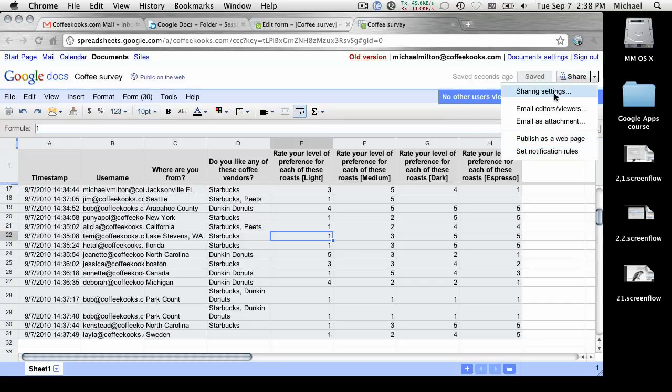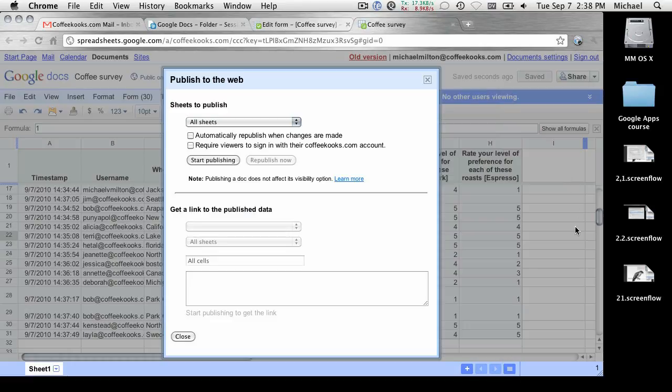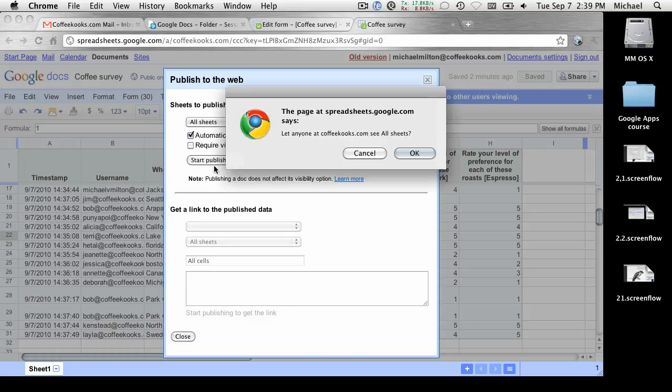If I want to, I can also click on Publish as a web page. This allows me to share the data inside of my spreadsheet, not as a plain old Google Doc, but maybe as a document in a different format. So if I click on Start Publishing,